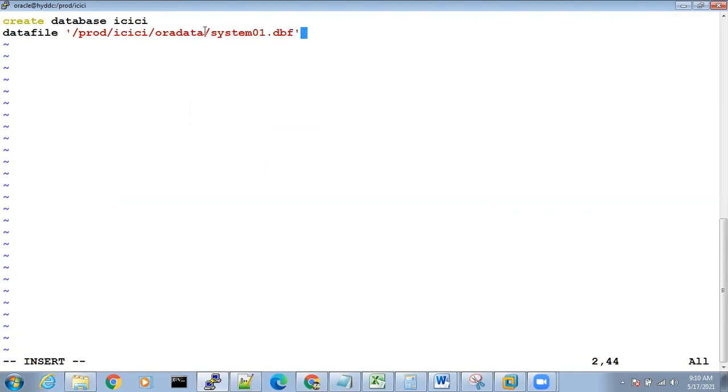What is this? system01.dbf, dot dbf, these are data files. Now we are giving data files, right? And SIZE 100M, or you can give 200M or 300M. You can give anything, 300M, right?